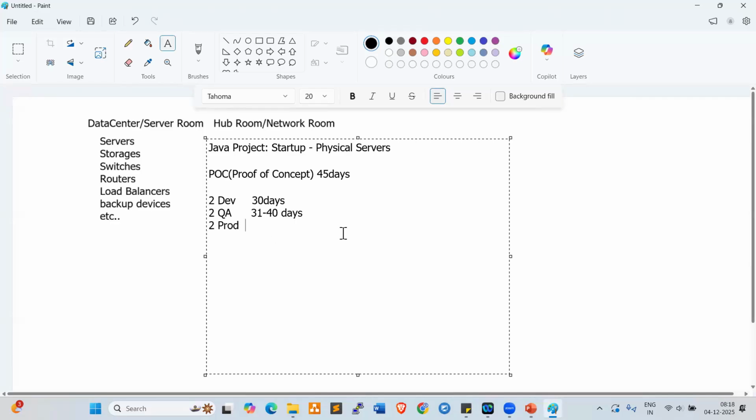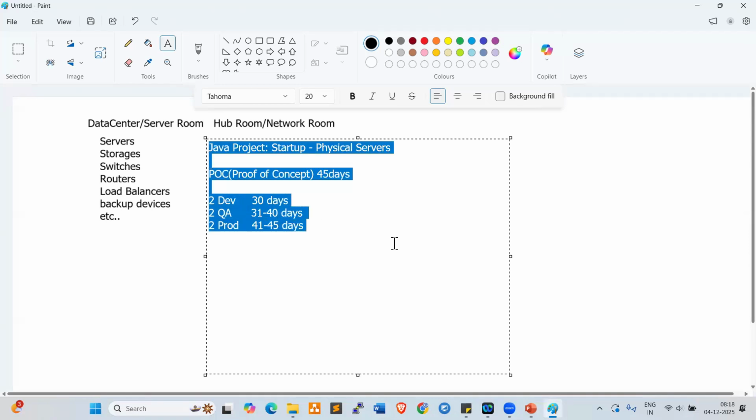Once the testing is completed, from 41 days to 45 days, deployment will happen. We can deploy the application on the prod servers. This is the actual process every project team follows before getting the real project from the client.